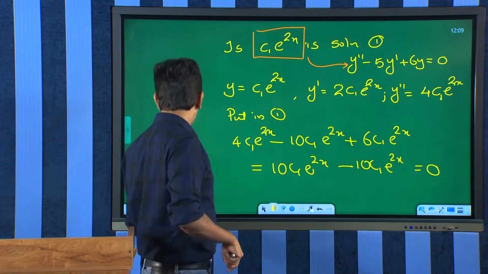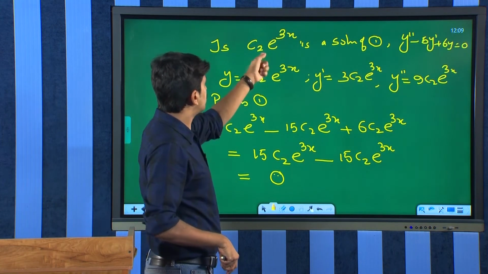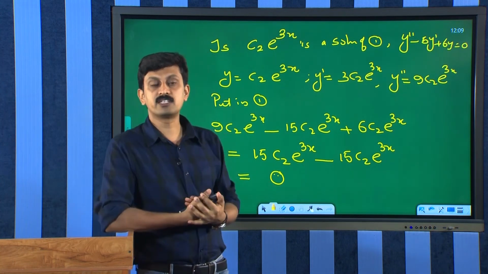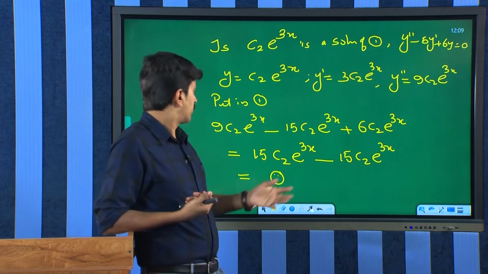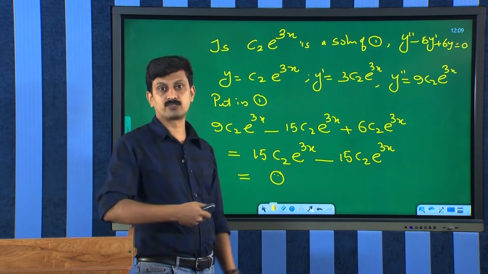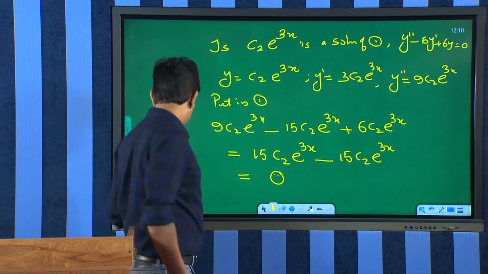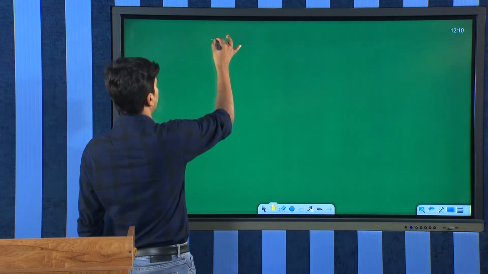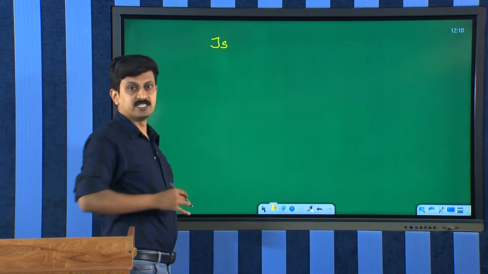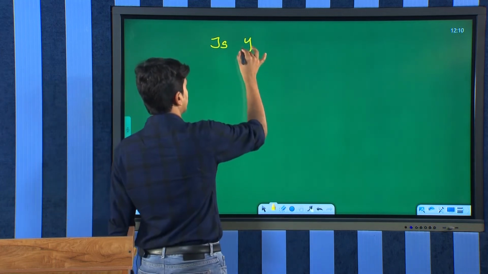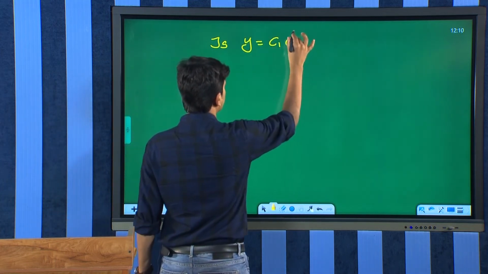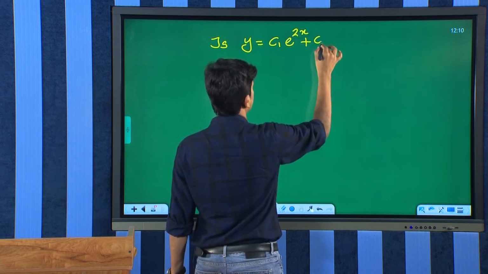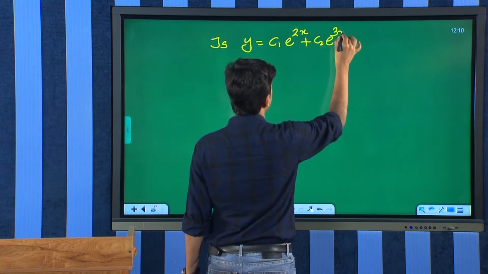Now, we found C2 e raised to 3x also satisfies the equation, where C2 is another arbitrary constant. Therefore, C2 e raised to 3x is also a solution. Now, I would like to ask one more question: is y equal to C1 e raised to 2x plus C2 e raised to 3x